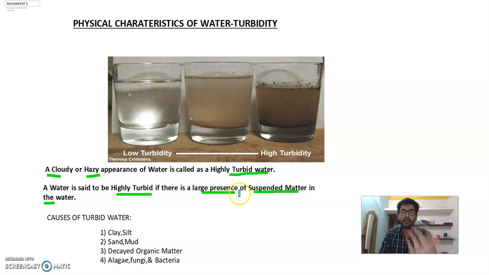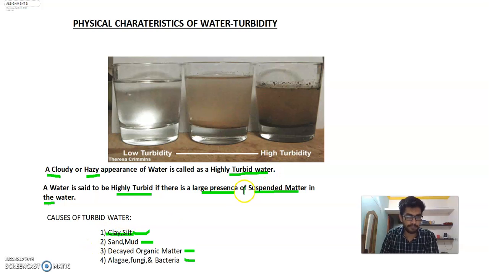Okay, so a question might be coming into your mind: what is this suspended matter that is present inside the water? So these are clay and silt, sand and mud, decaying organic matter or decayed organic matter also, algae, fungi, and bacteria. But the major component in that suspended matter is clay and silt, which is majorly responsible